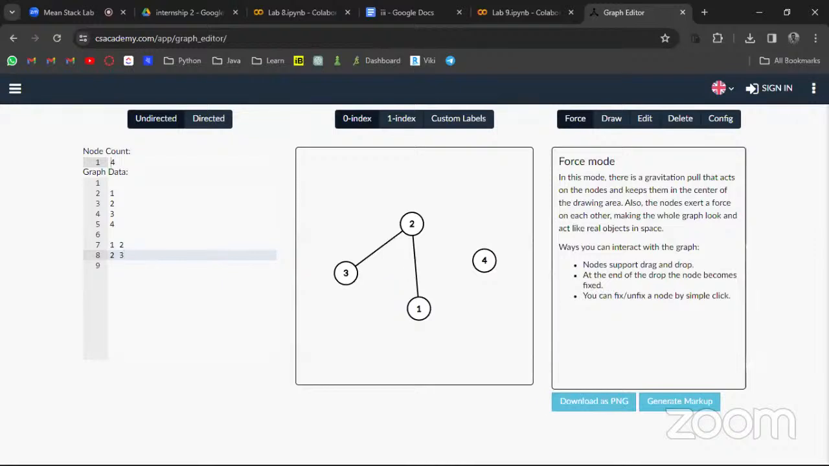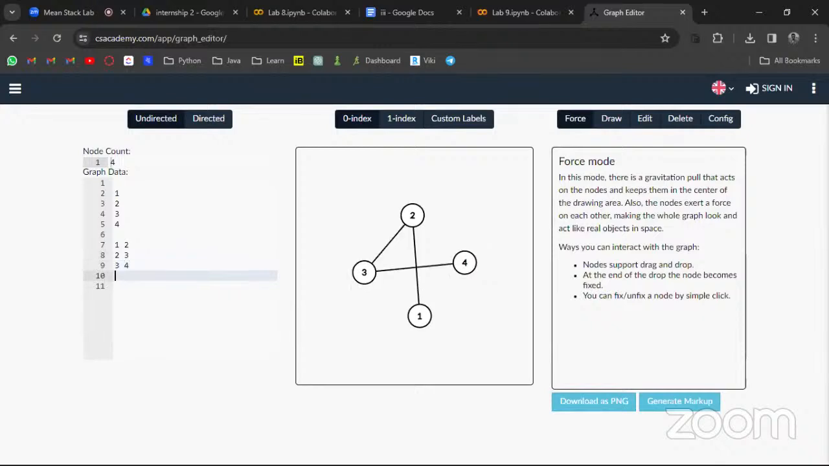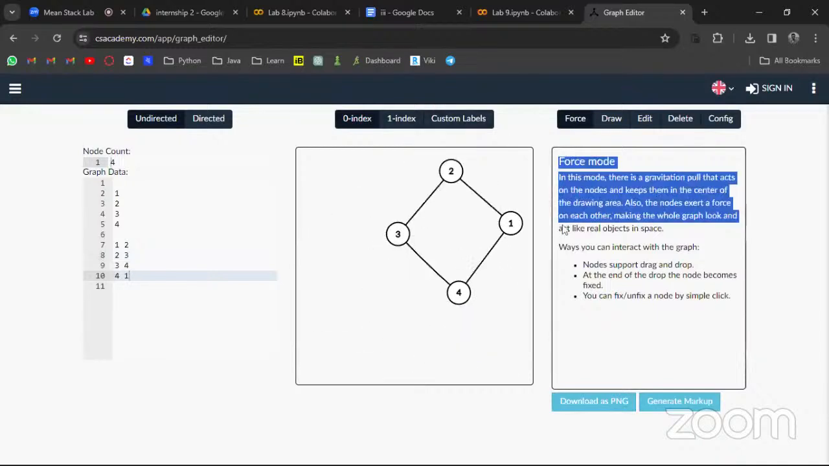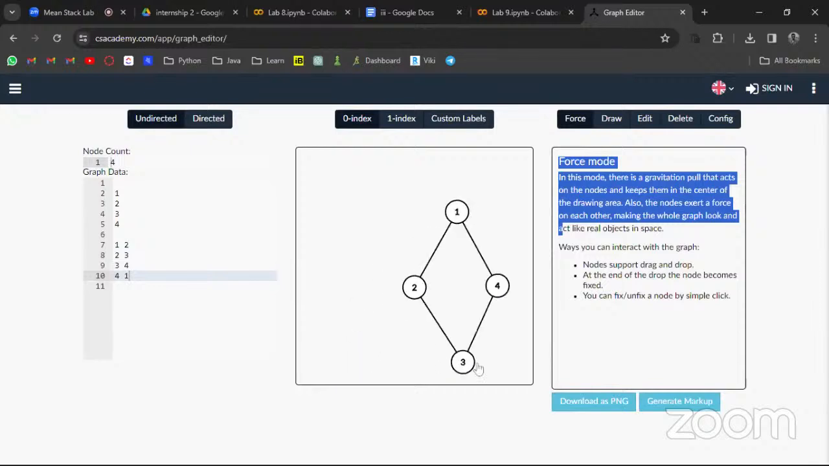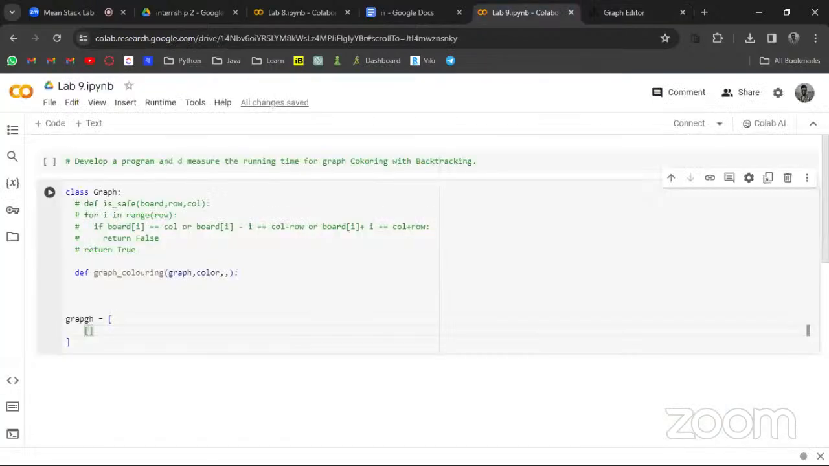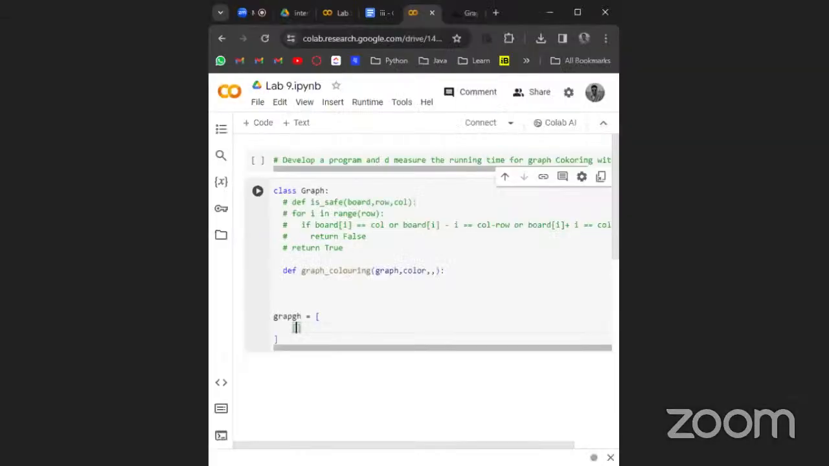So 1 to 2, 2 to 3, 3 to 4, and 4 to 1. This is the graph we saw, right? So for this, what will be my adjacency matrix? My adjacency matrix will be 0, 1, 0, 1, comma, 1, 0, 1, 0,